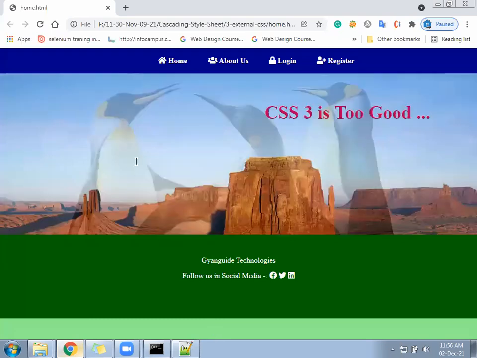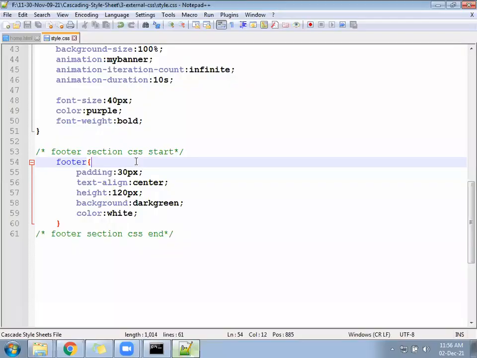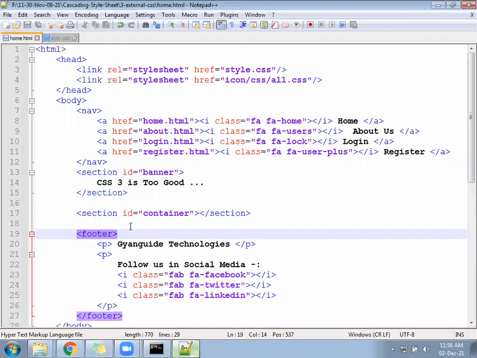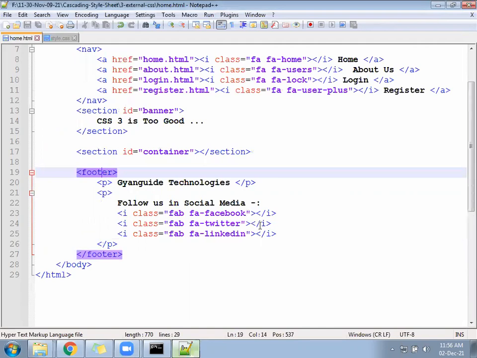Then come to the HTML file again. For the Facebook icon, how big do you want?